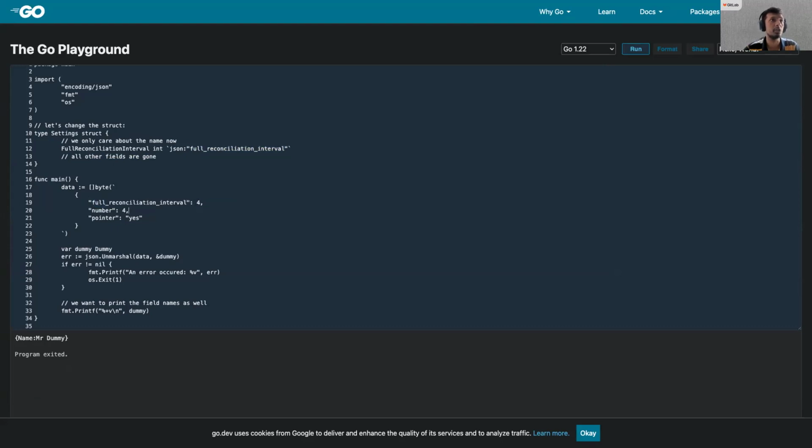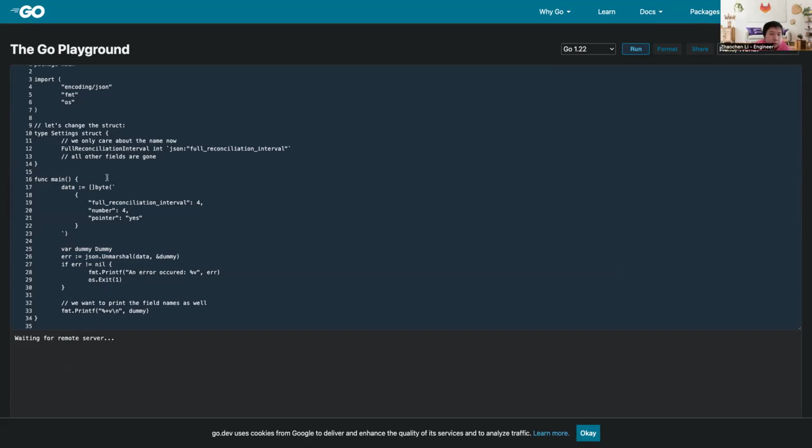And let's say there are new settings introduced in the future, like a number pointer. So this is the data that Rails will send. On the Go side, when I unmarshal, basically loading that into JSON, it will just ignore those fields and it will just return me the